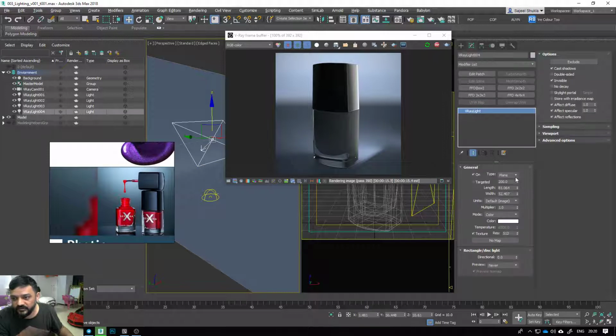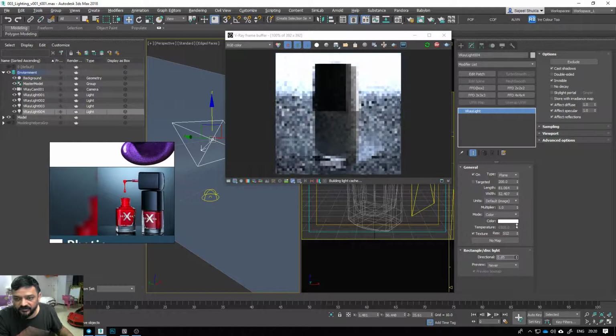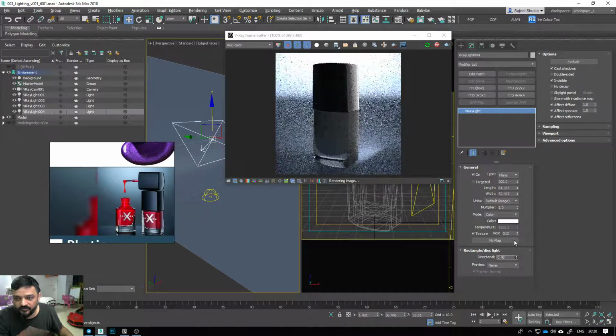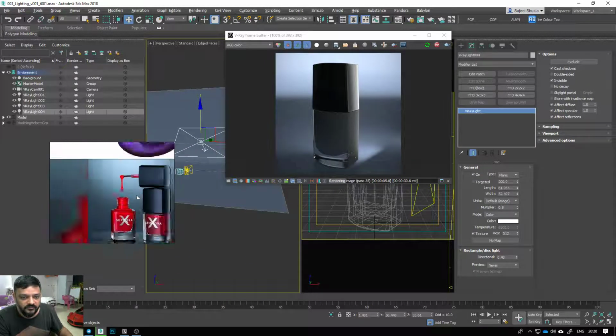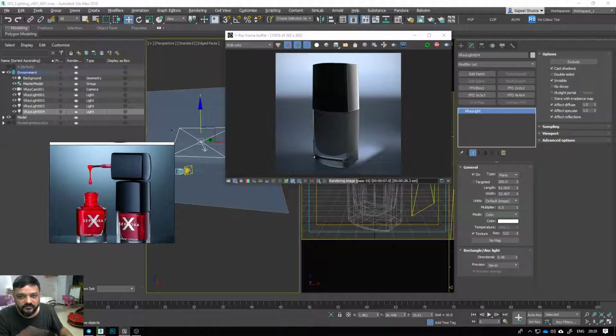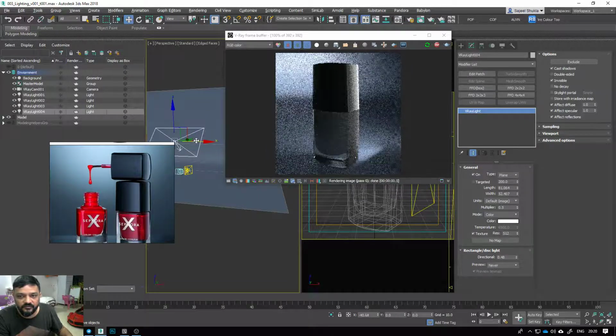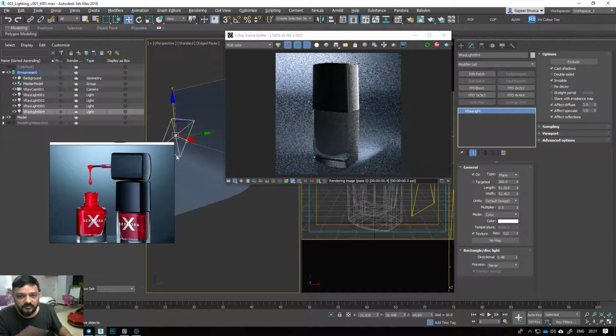Two ways to do that. Either I can do this or take a disk light, but I'm going to stick with this one and increase my directionality of it to 0.4 or something. And for the light thing, 0.5, let's see. Okay, and if I see this image, it's on the top left corner, so move this guy here somewhere like that, go up a little bit there, pull this guy back,